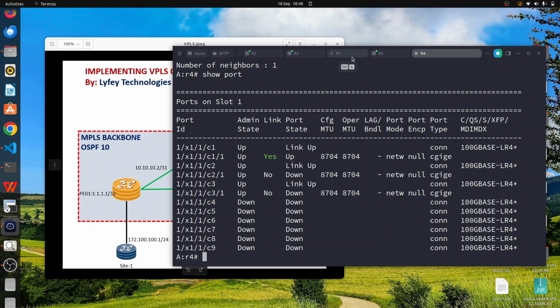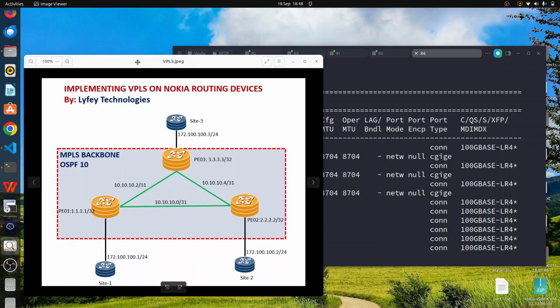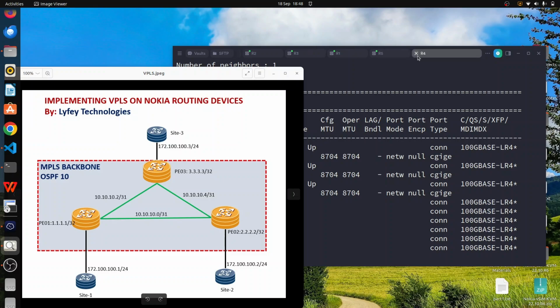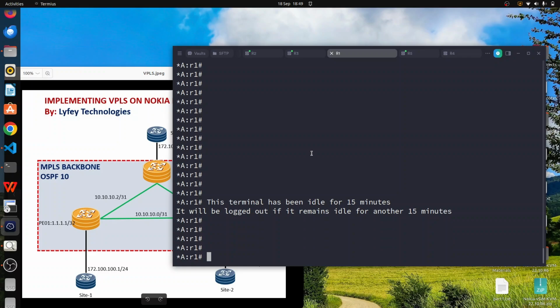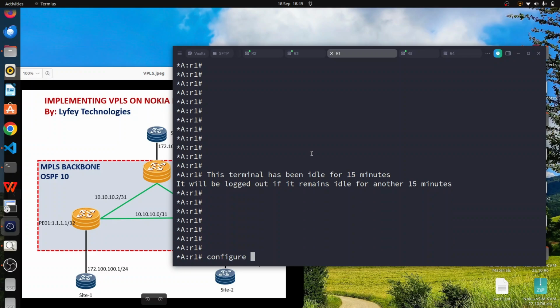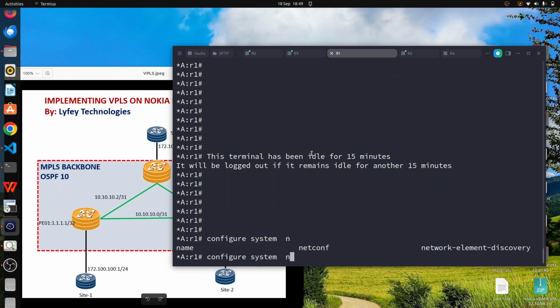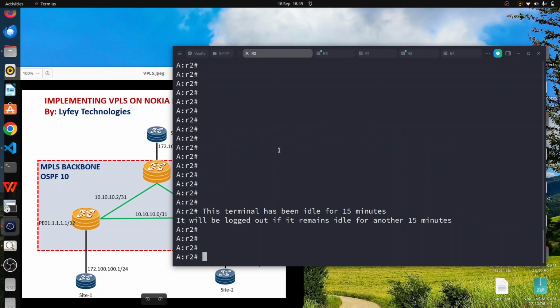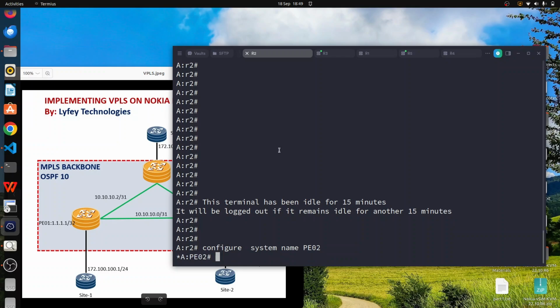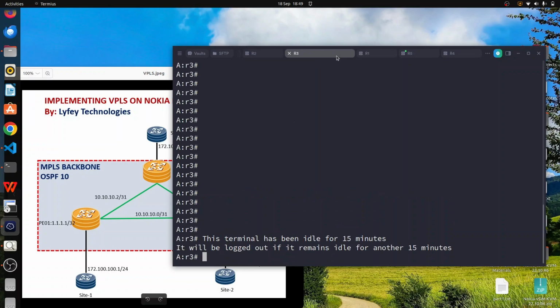So starting from here, we can start by configuring the sysname for the nodes. So we'll start with R1. So R1 is our P1. So we are still using the same command, configure system name. We call it P01. And then we have router 2. So router 2, we do the same, configure system name P02. And then finally router 3,